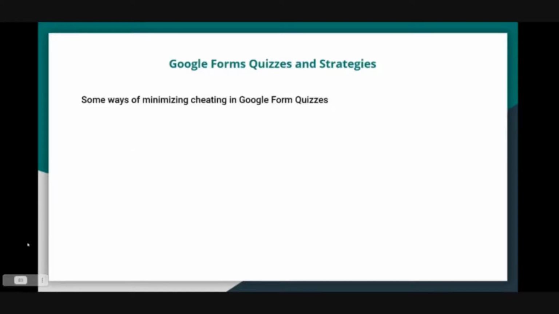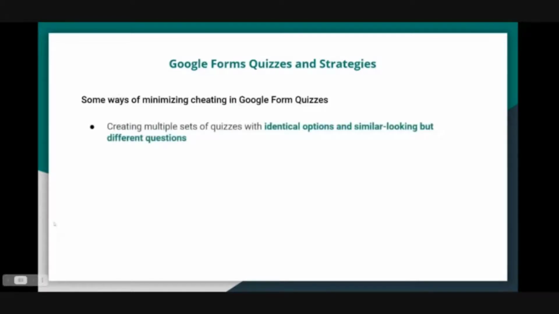Exactly what happens, why do we need such a strategy, right? So one thing is that oftentimes students have these WhatsApp groups, and the moment you post a quiz, they will see that quiz, and even if you have shuffled questions, for instance, Google Form also allows us to shuffle options as well as to shuffle the questions. But what happens is, if there is one set of question paper, students will have a WhatsApp group, and whoever solves that question first, they will just post the answer in that group. And then you will see that overall speaking, the average of your quiz, the class average, will be very high, because actually it is very few people who are solving, and the moment they post it on a WhatsApp group, then it's all done. Nobody else needs to solve it.